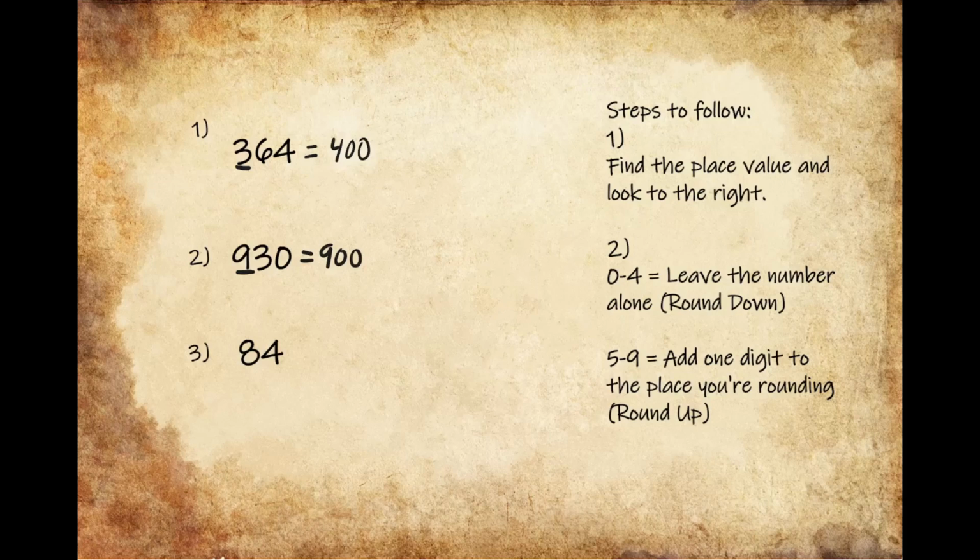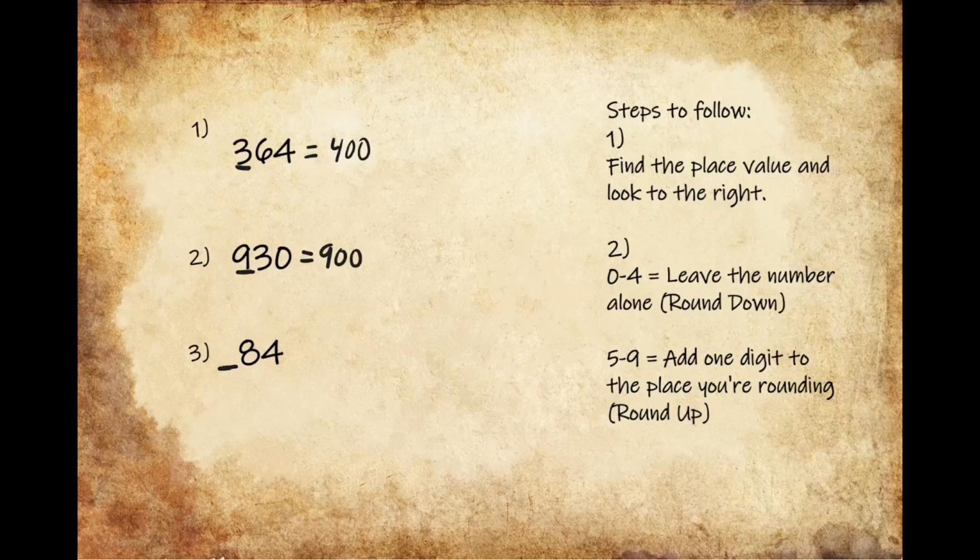So in question number 3, we're being asked to round 84 to the nearest hundreds. And since there's no value in the hundreds place here, we're just going to put a line underneath here to represent that this is where the hundreds place would be, so that we know that we're going to be looking at the 8 here in the tens place